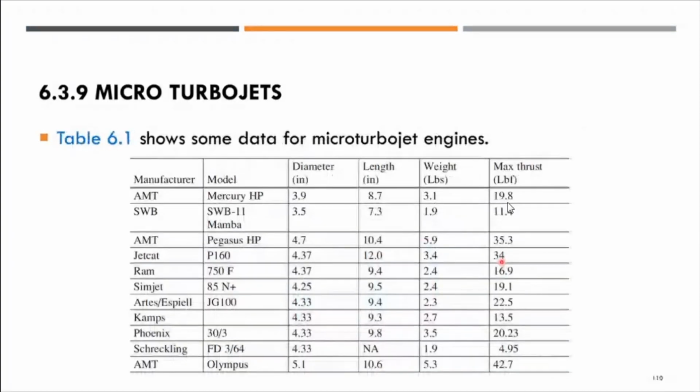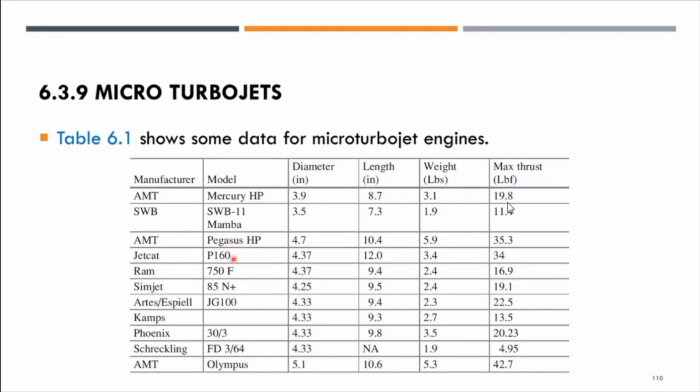Table 6.1 shows some data for micro turbojet engines, right? Different manufacturers, the type of model that is being used. In UPM we have Mamba, a Black Mamba type of engine. We also have another type of engine. Okay, two types of what we call micro turbojet engine being used in our lab in